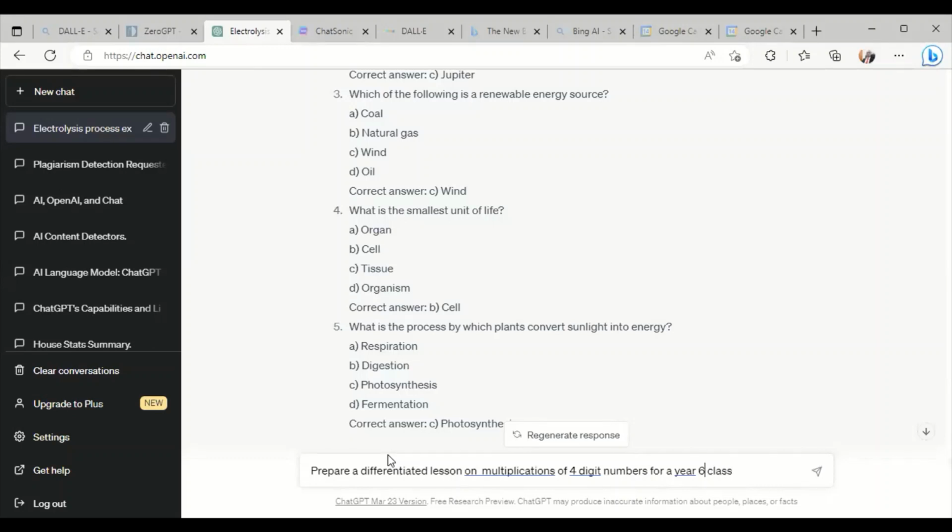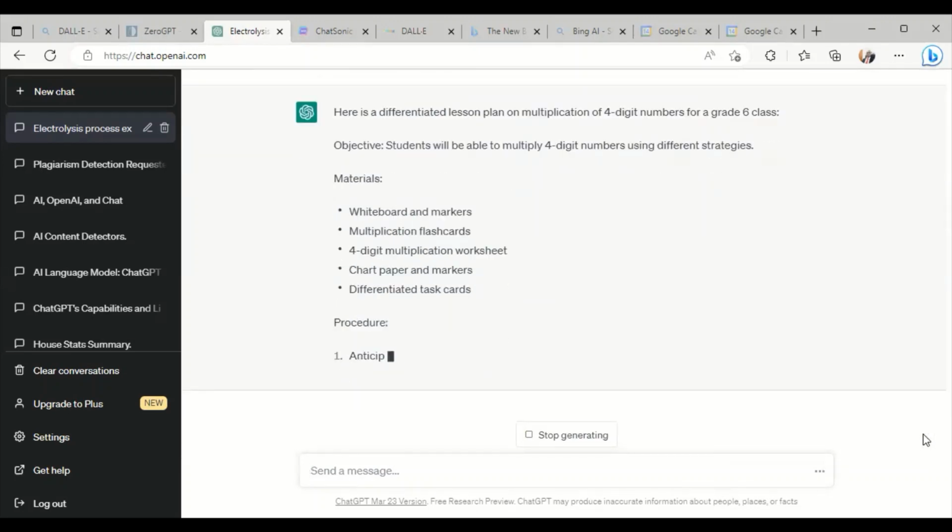Let me use grade 6 class. So ChatGPT can prepare the lesson note for you, guide you on